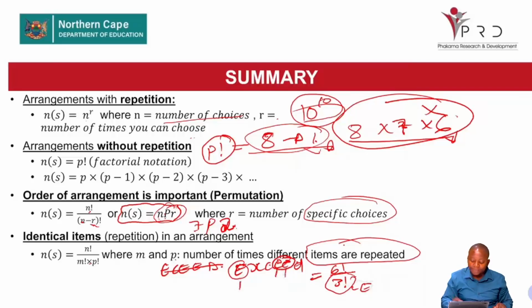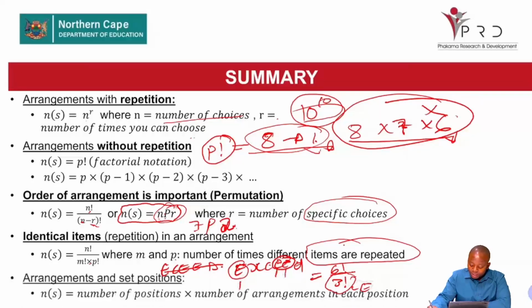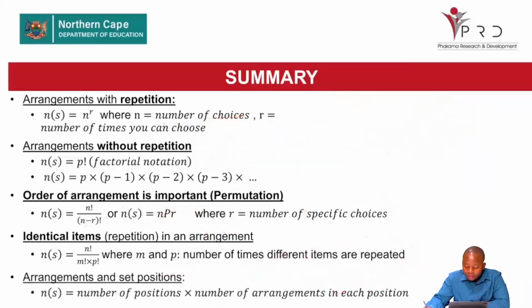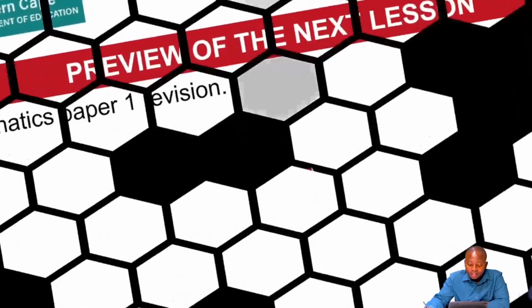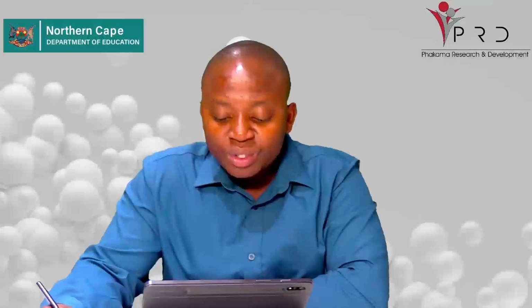Right. Then we talk about set positions, where we say when we set a position, for example the first letter must be P, the other letters can be any letter. Then the set position on position number 1 will be 1, and the others will have the rest of the letters remaining. Now, next lesson, we're going to focus on mathematics paper 1 revision. And thank you, great works. Enjoy the rest of your